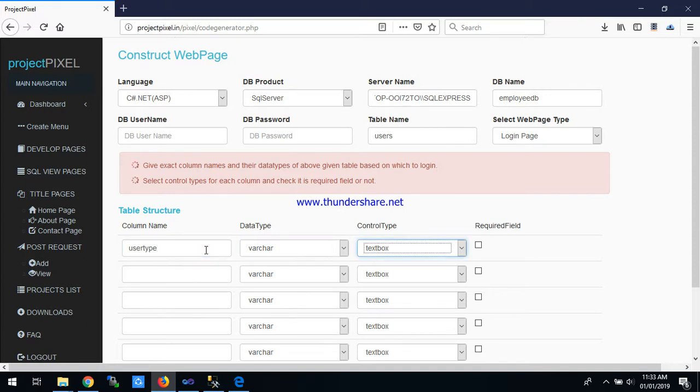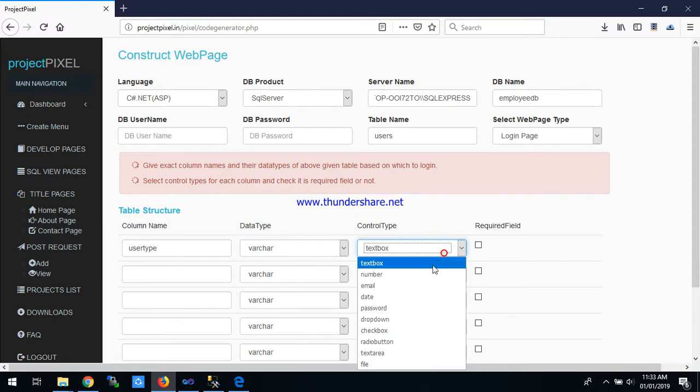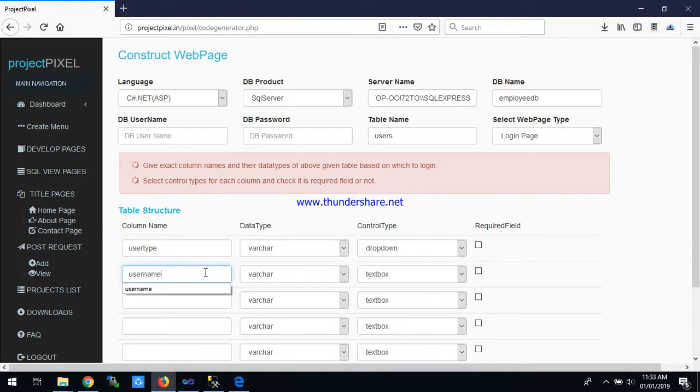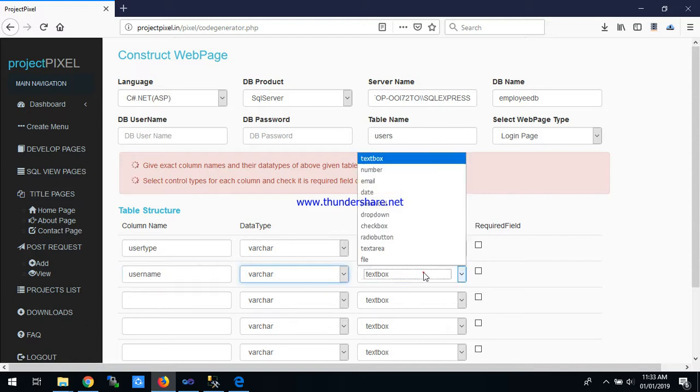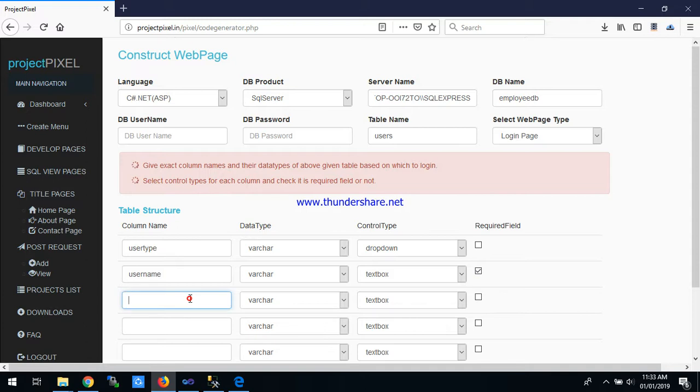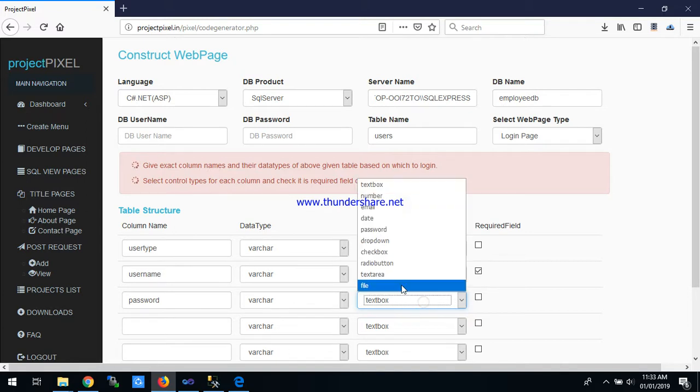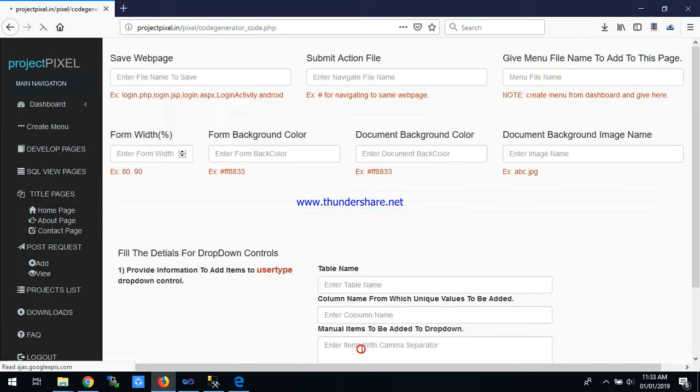This user type is a drop down control, therefore I am going to select here drop down, and then username. The username is a varchar column, and the control is a text box, no problem, it's the required field. Then password, varchar column, and the control that you would like to show here is a password control. Then I click on submit. Now save the file as